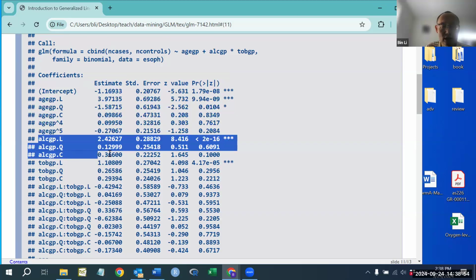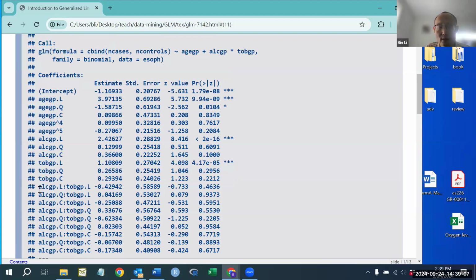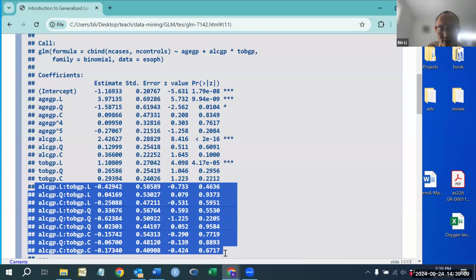And the next three lines are the main effect from the alcohol consumption. And the next few lines are the tobacco effects, main effect. And the last lines are the interactions between the alcohol and the tobacco. Okay, so